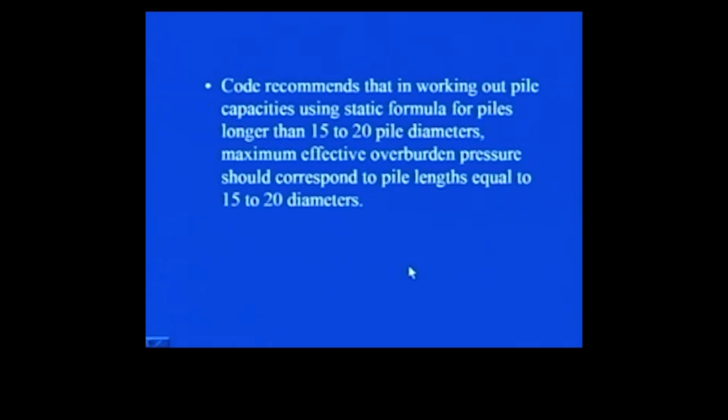Then the code recommends that in working out pile capacities using the static formula, for piles longer than 15 to 20 times the pile diameter, the effective overburden pressure should correspond to pile lengths equal to 15 to 20 diameters. So, you see here that let us say the pile length is equal to say 30 meters or even more than that, but what the code recommends is that when you find out this pile capacity using a static formula